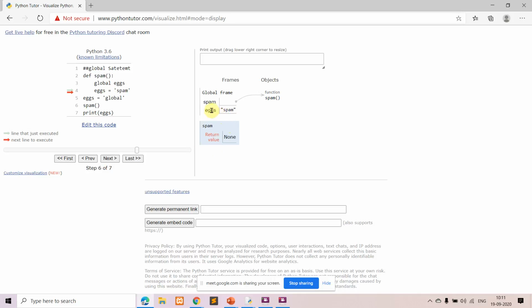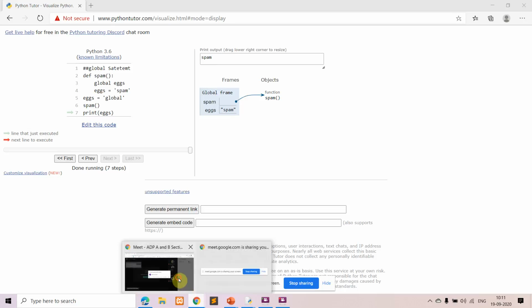Instead, the x which was the global variable, there only the value of x has been changed from global to spam. So this is a usage of the global statement. If you want to modify any global variable from within the function, then you can go for this global statement. A new local variable is not created. Instead, in the global variable only, the value has been changed. That is the purpose of the global statement. Finally, spam will be printed. So this is an example for the global statement.